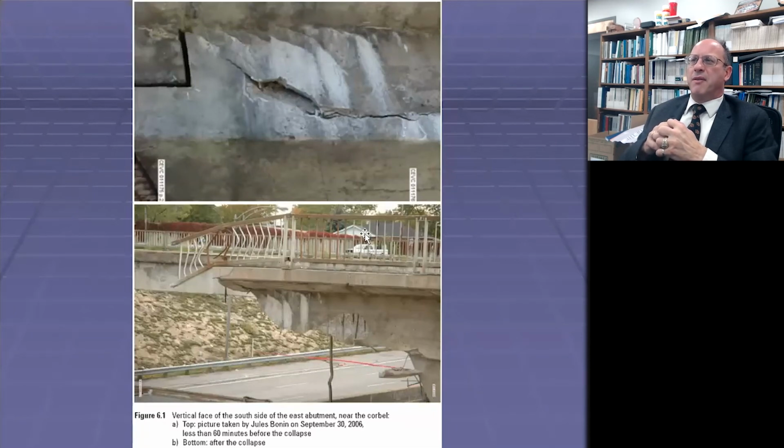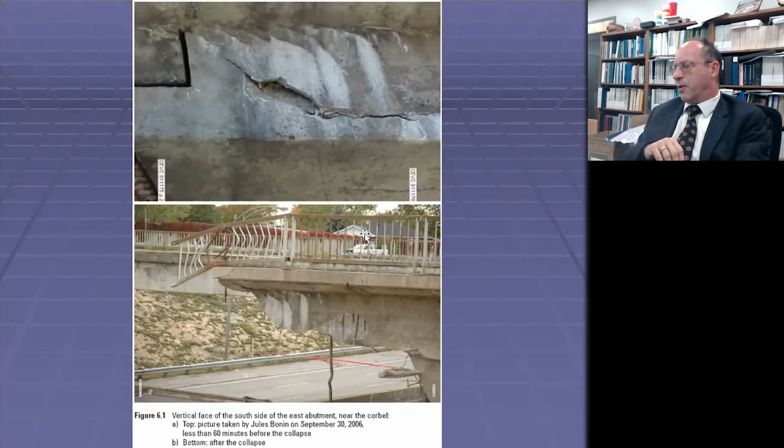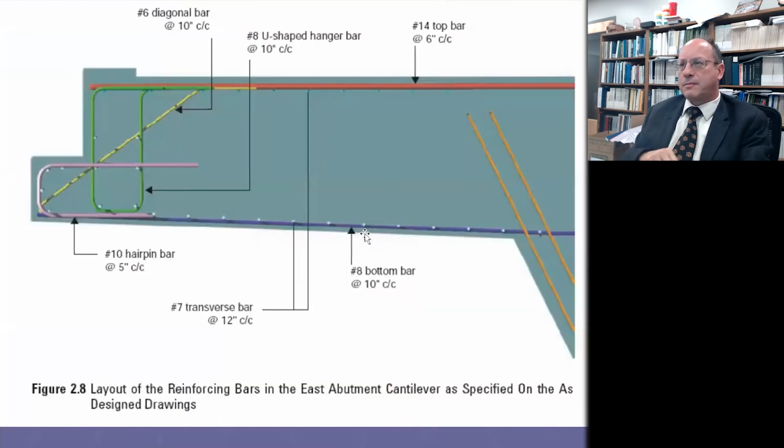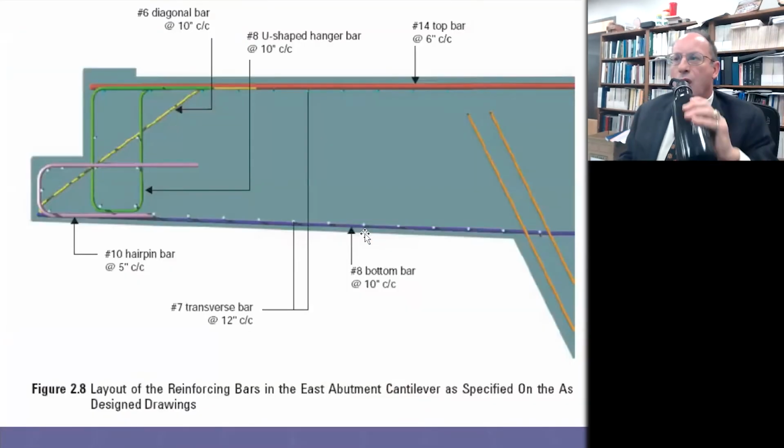And the mechanism of the collapse is that that concrete support essentially peeled downward and dropped all of those box beams onto the roadway and unfortunately onto some vehicles. So now,